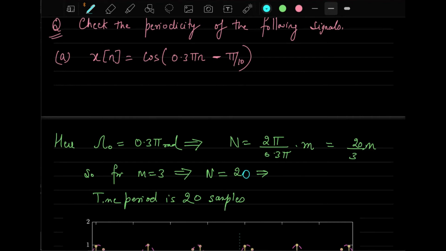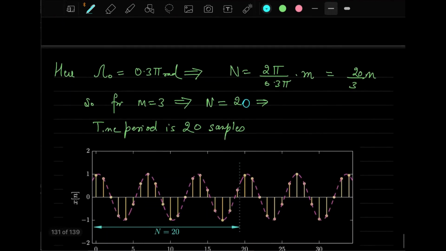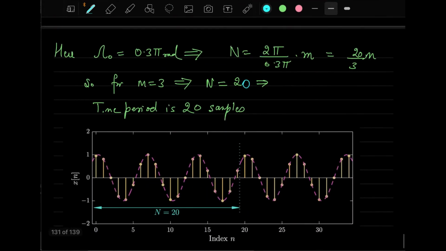So this way you can calculate the time period for discrete time signals, and this is showing you the graph for that. And you can see here that for 20 samples,